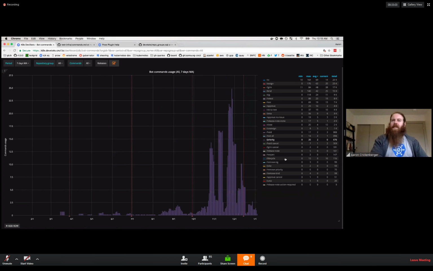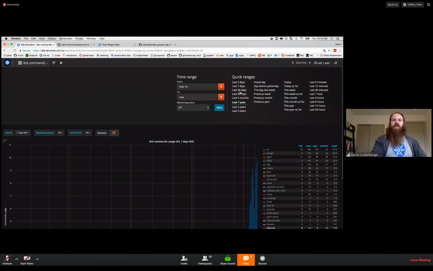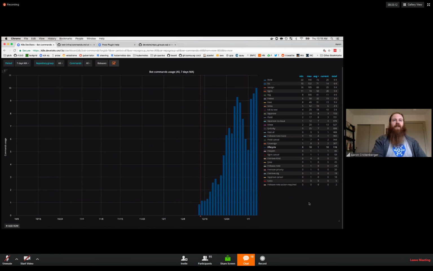The lifecycle label. If you watch any issues at all, you may have noticed this joker called FetaBot. Here, I'll zoom into the past 90 days. Recently applying a lot of lifecycle stale issue labels to issues or pull requests that haven't been touched in over 90 days. It's sort of rate limited, so it's not applying to every single issue and pull request all at once, but we are gradually sweeping through all of the out-of-date pull requests and issues.